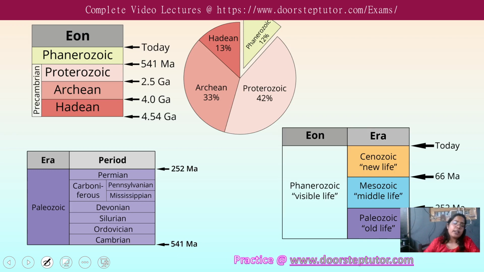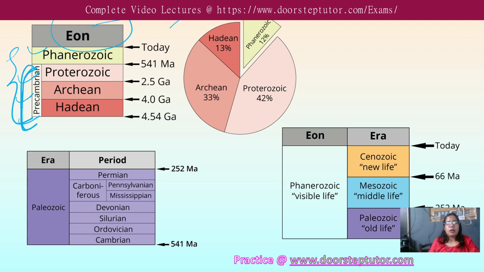Now the thing is, what is an eon? An eon is the widest category, which is divided into these categories: Phanerozoic, Proterozoic, Archean, Hadean. These three were very old. Scientists were unable to characterize and categorize the fossils at the time, or the connection of the fossils with the rock.